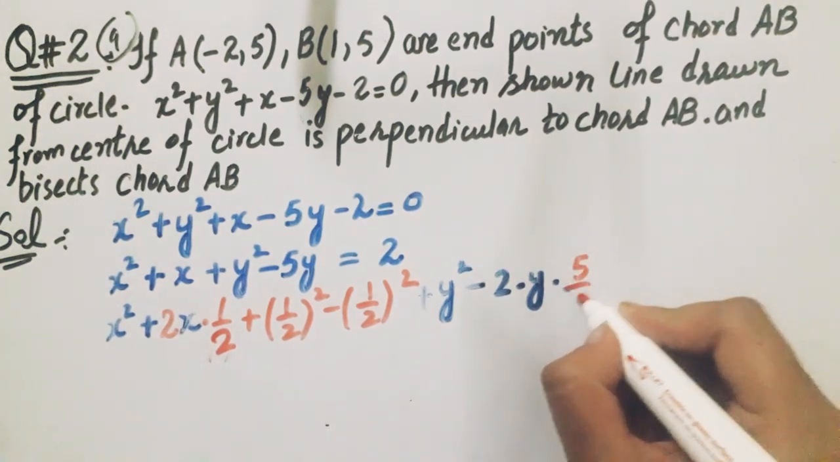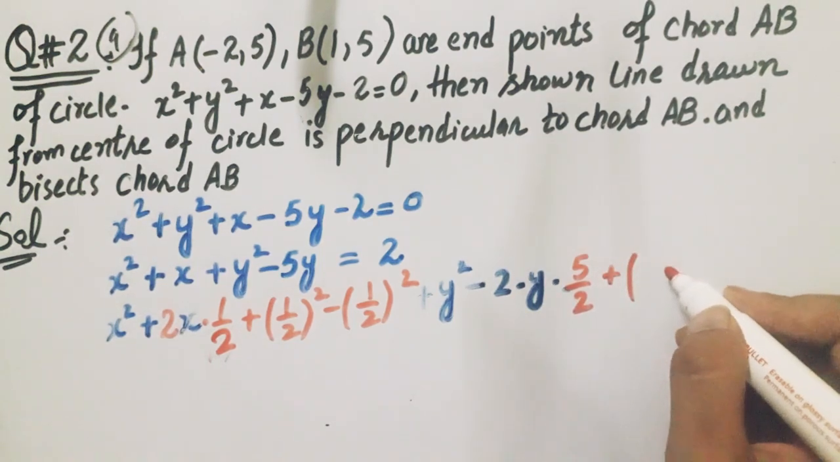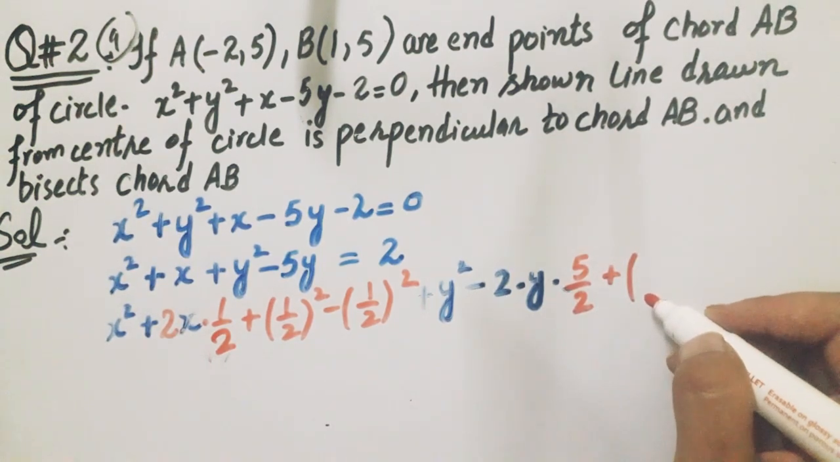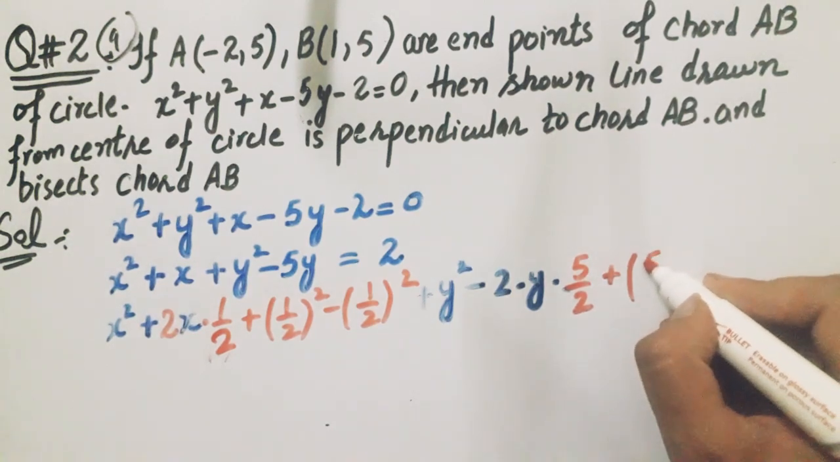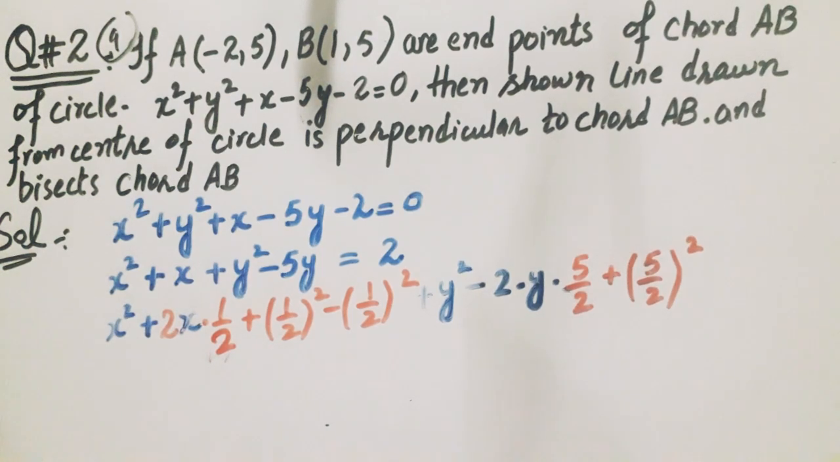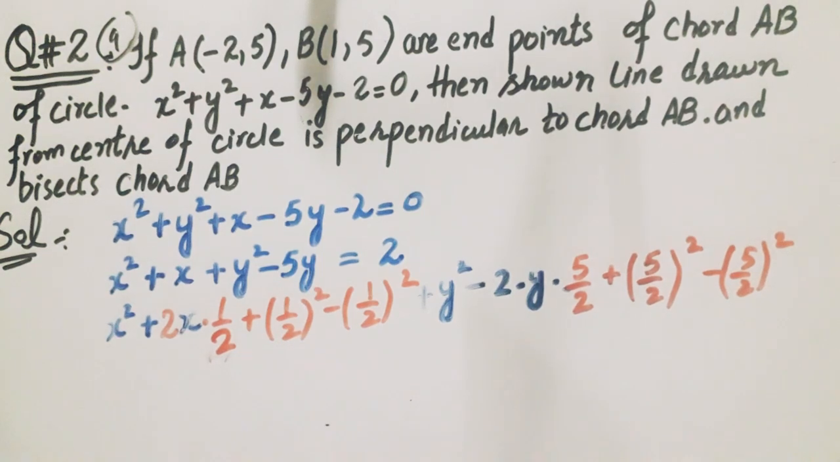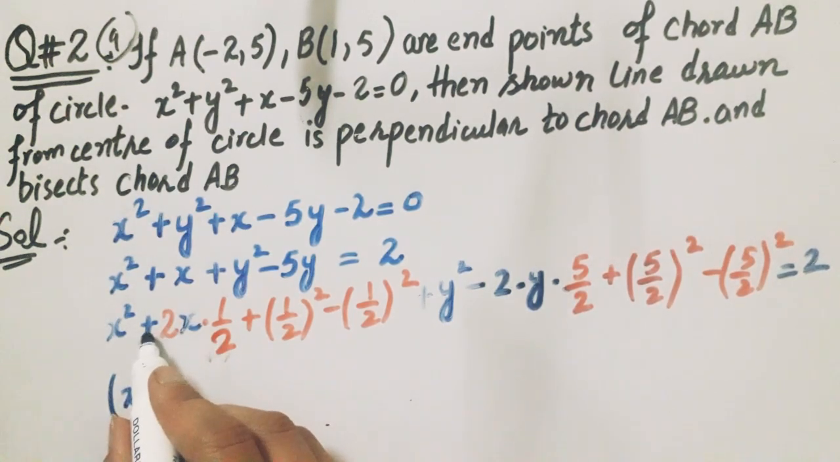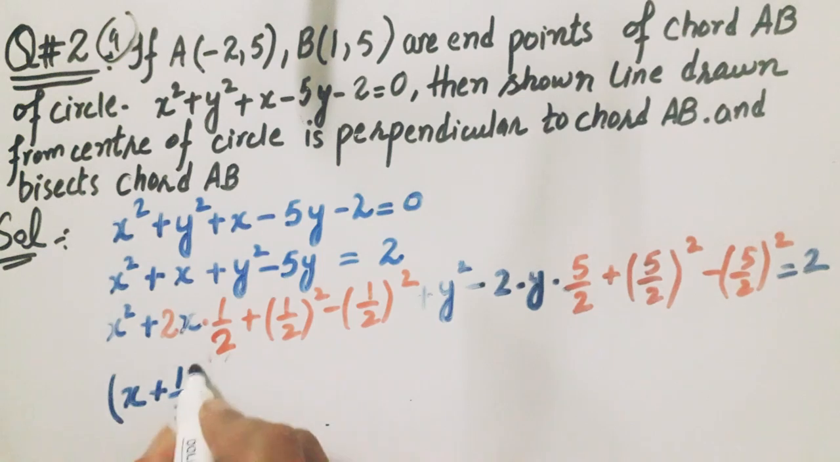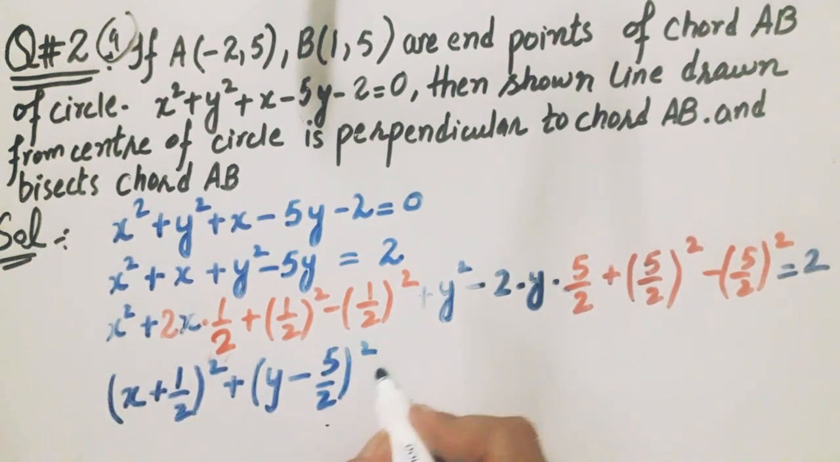So then it will become 5y. So it means you will add and subtract 5 by 2 square, and which will be equal to the 2. Now it will become x. Here plus is used, so plus 1 by 2 whole square plus y minus 5 by 2 whole square, and